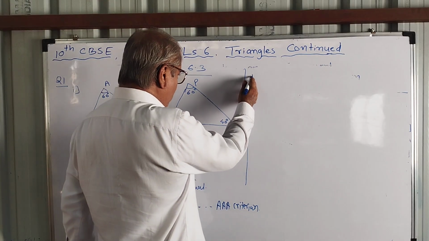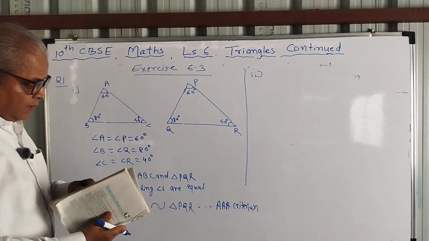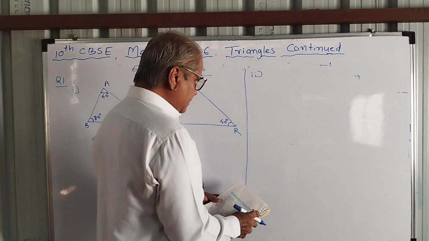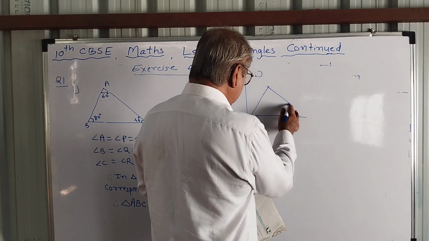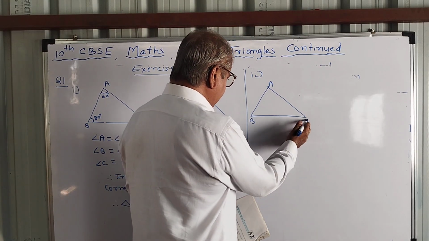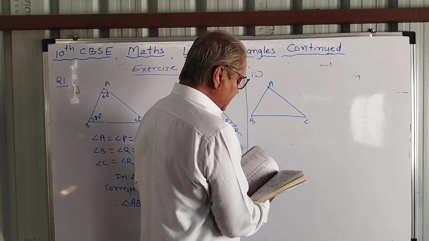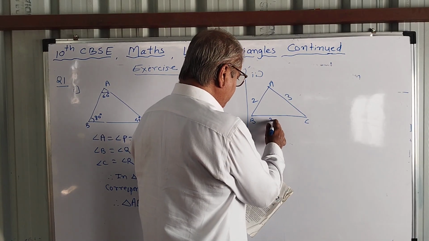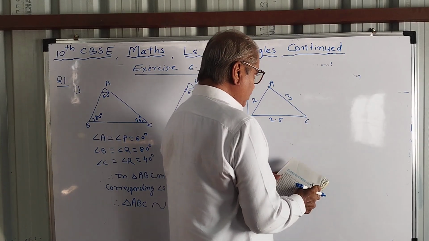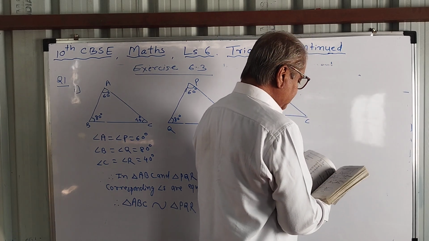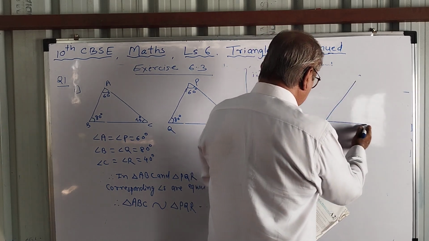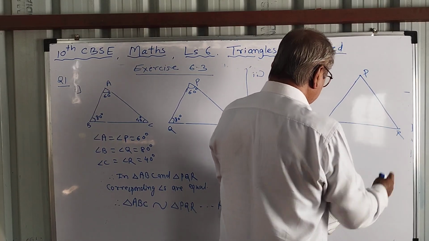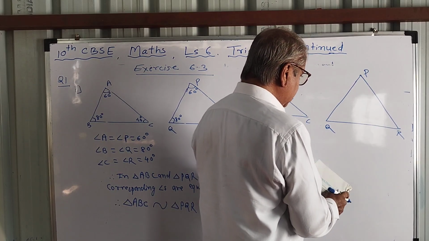Sub question number 2. We can see information is regarding sides. A, B, C, all three sides are given. No angle is given. Not a single angle is given. 2, 3 and 2.5. Another triangle is PQR, and the information is regarding the sides. This is 5,